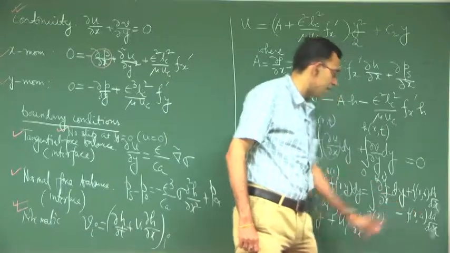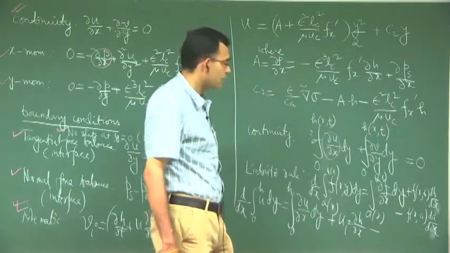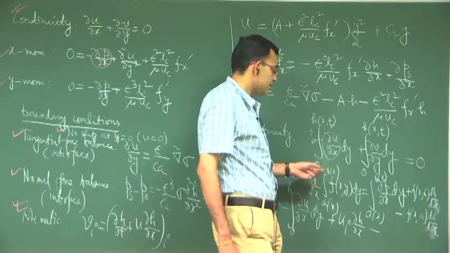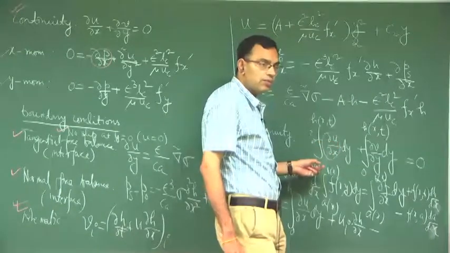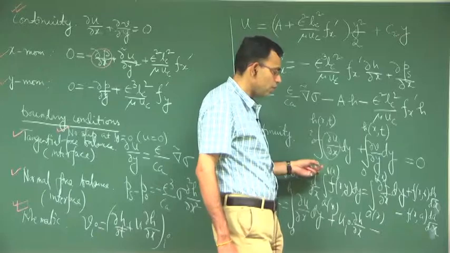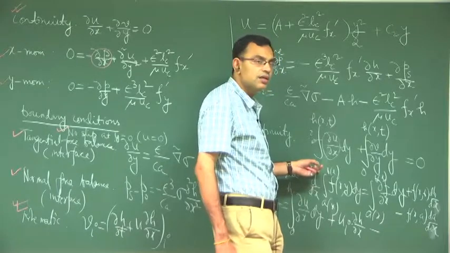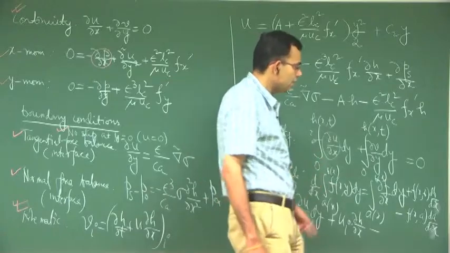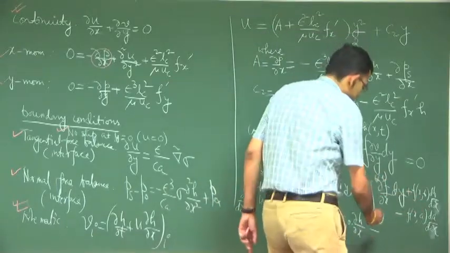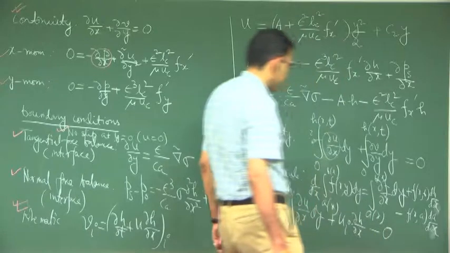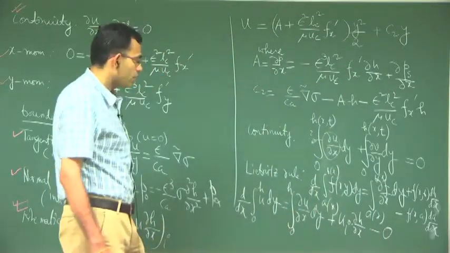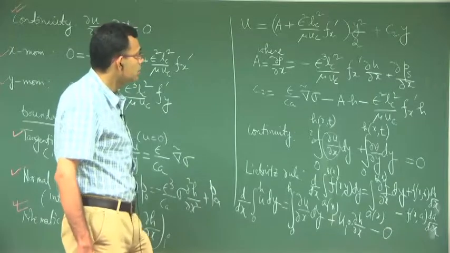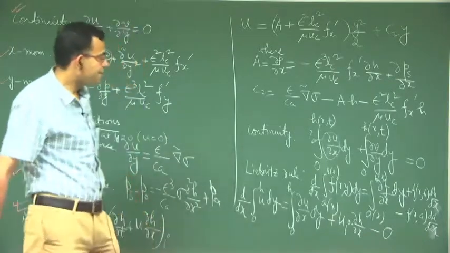f x a, what is that? At y equal to 0. So, u at y equal to 0 is 0, and because this is a constant, dA dx is 0. So, this second correction term is 0. So, we are left with